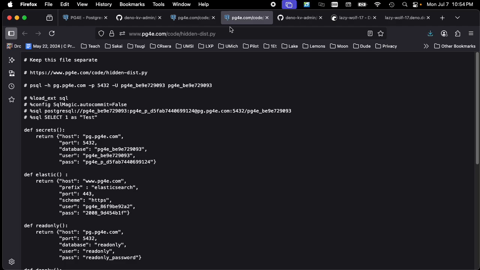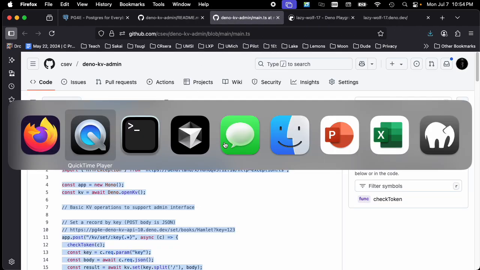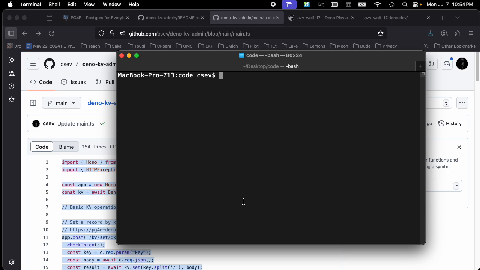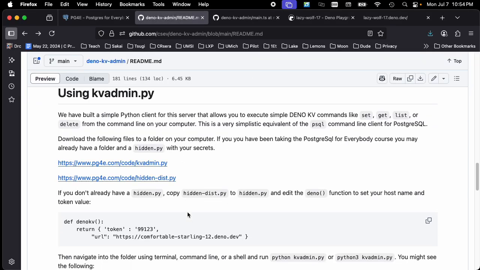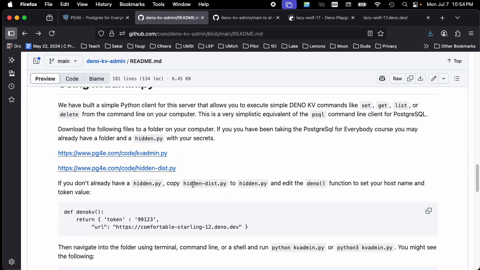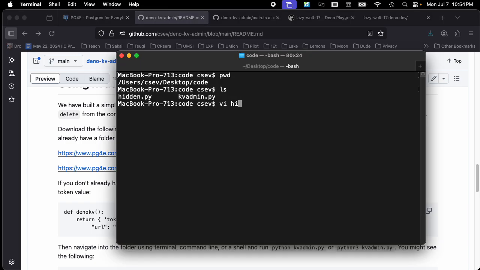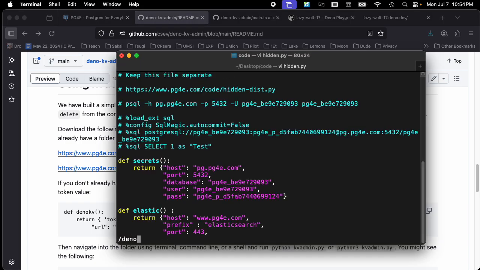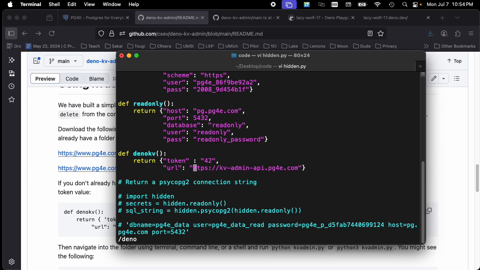Okay, so I'm going to close these tabs because I've got these down there. Let's go into here. If I do a pwd, print working directory, and ls, I've got 2 files. It told us to download these, and then it says copy hidden disk.py, and then edit this hidden file. So I'm going to edit the hidden file, and there's a Deno section to it. And instead of using my reference implementation, let's put your URL,